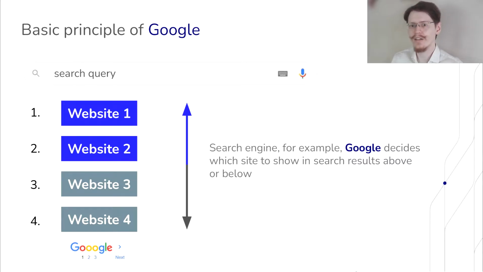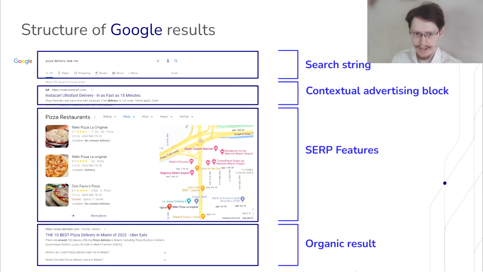Speaking in more detail about the structure of Google's response, besides the search string and contextual advertising, as we spoke about before, there are also SERP features, different maps, company cards. They are really important. They are, once again, a way for Google to impress you, to give you something direct to your request. And way below, once again, organic results. It's not too far below. It's a little bit below, and after that there are millions and millions of results, thousands of pages of different websites.